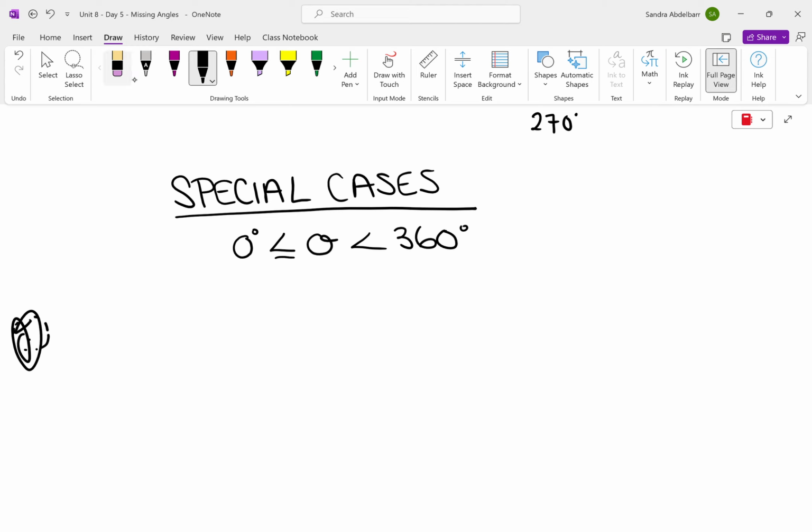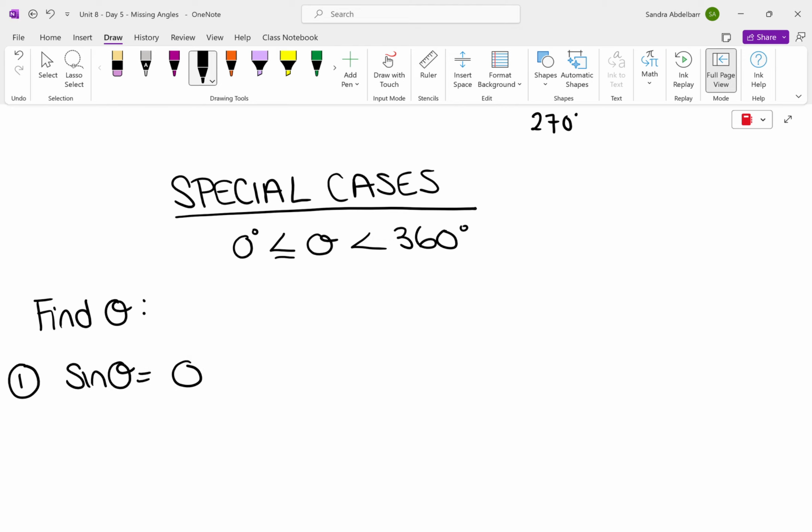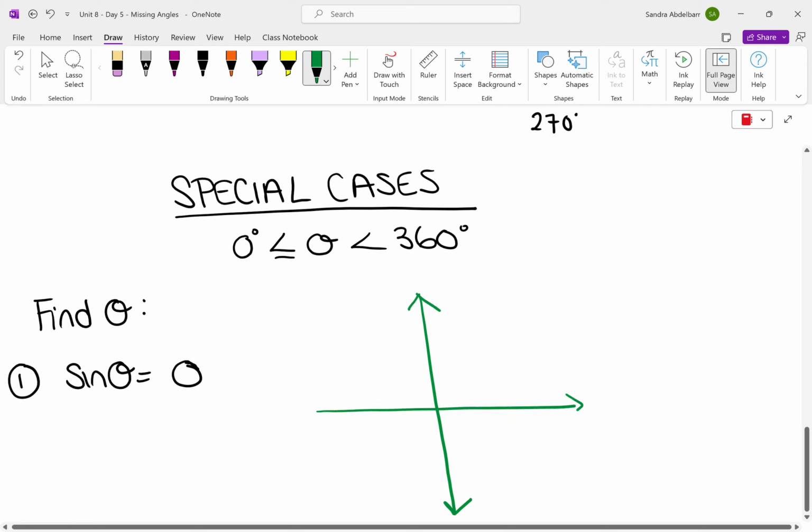So I want us once again to find theta. It won't erase. There we go. So I want us to find theta. And the first one is going to be the sine of theta is equal to 0. Right, so obviously this is not opposite, hypotenuse, adjacent. It's none of those. So that means that we are on the